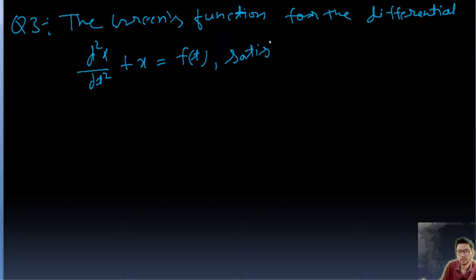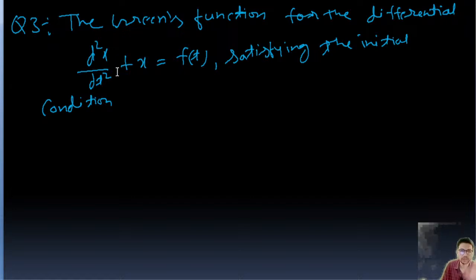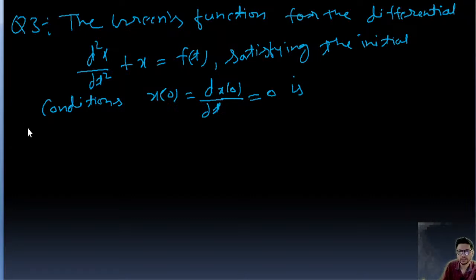satisfying the initial conditions x(0) equal to dx/dt(0) equal to 0 is given that Green function, that is g, which is function of t and tau, equal to 0